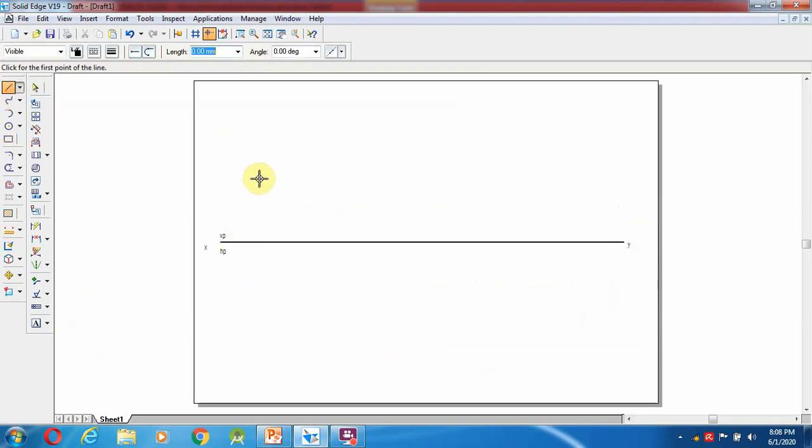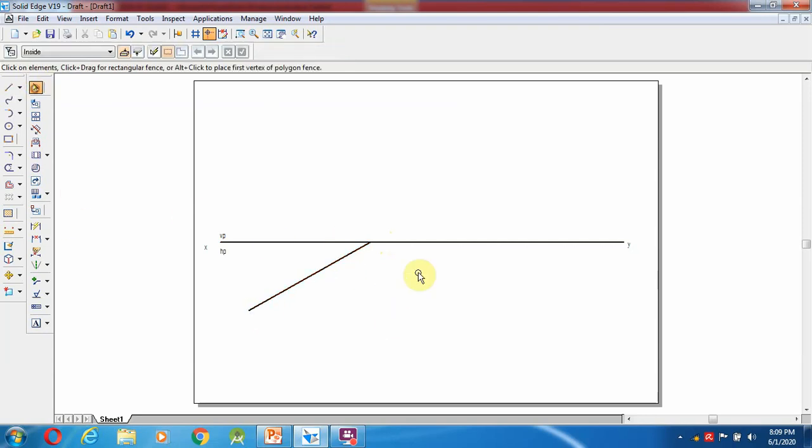So here, which is the VP? This is the VP. From VP we are going to make it 30 degrees. So 30 degrees means 180 plus 30, a 210 angle, and somewhere we are going to stop.